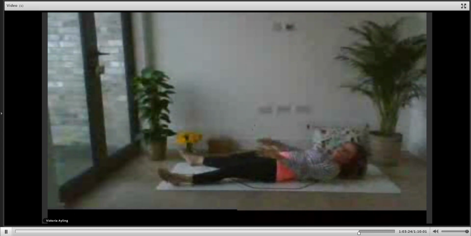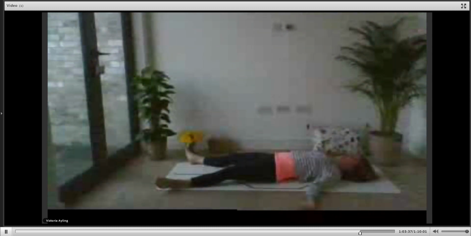Good, and then come back to center, release the feet to the floor, and then extend both legs on the floor. So your feet are wider than your hips and your feet are flopping out to the side. Okay. You can leave the arms a little bit away from you with the palms facing up. And if it's comfortable, closing.